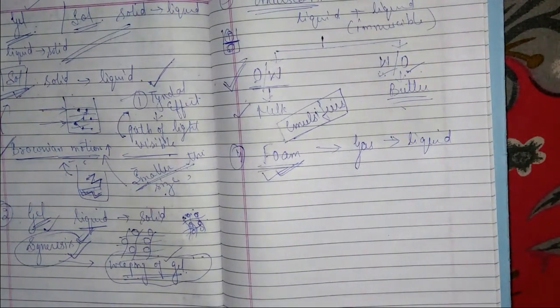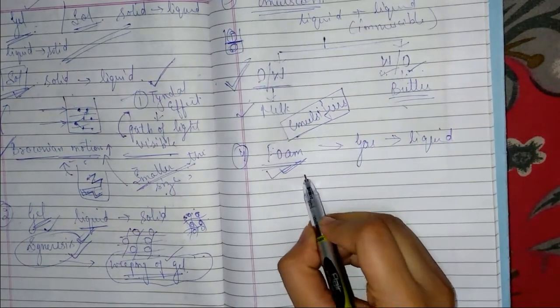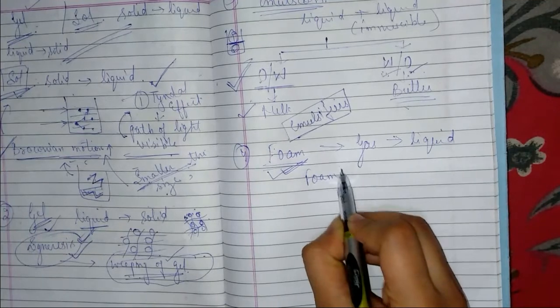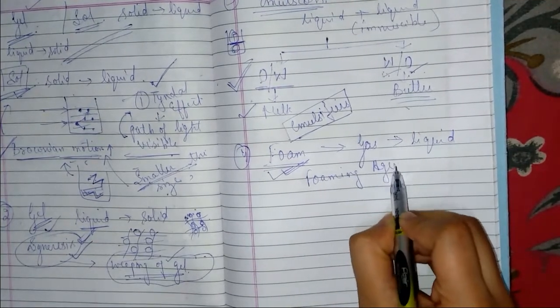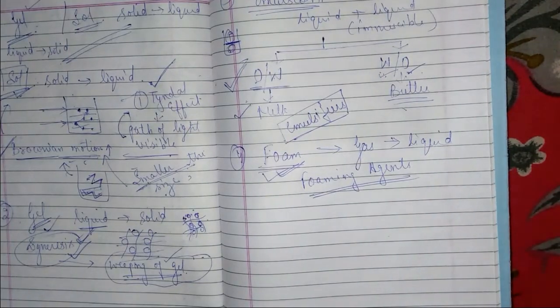Also, formation of foam is not easy. Yes, we can incorporate air, that is a slightly easier process, but mechanical energy is required in that. But foam is not very stable. The gas bubbles collapse after a certain time, and then the foam gets destabilized. And for the stability of foam, we use foaming agents. Their mechanism and examples we will again discuss in food additives. So for now, just remember this term, foaming agent.